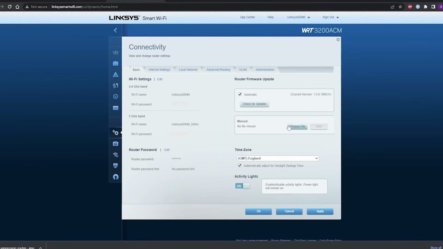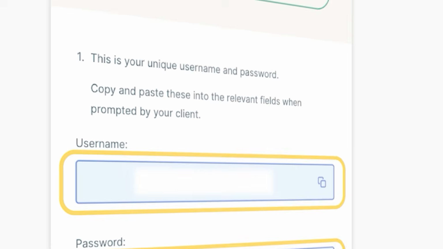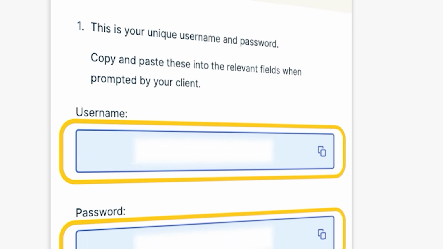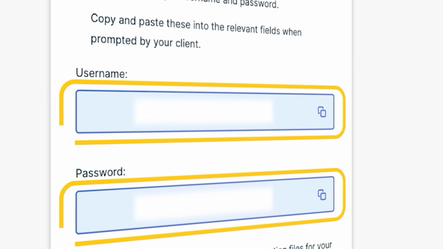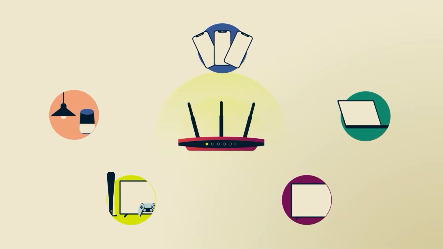Here, you'll need to upload the configuration files and enter any additional details like the server address, as well as your VPN username and password. After saving the settings, your router will start routing all of your internet traffic through the VPN, which means every device connected to your network, whether it's your smartphone, console, smart TV, or laptop, will benefit from the VPN's encryption